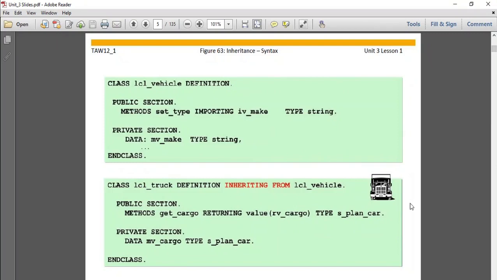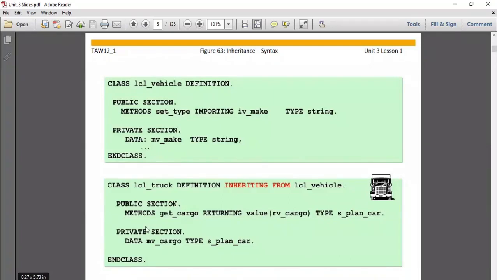One more thing that I want to tell you: once you have defined the methods in the base class, we can also modify the definition of this method in the derived class. That means we can change the method in the derived class, because the derived class has the property of inheriting the base class.